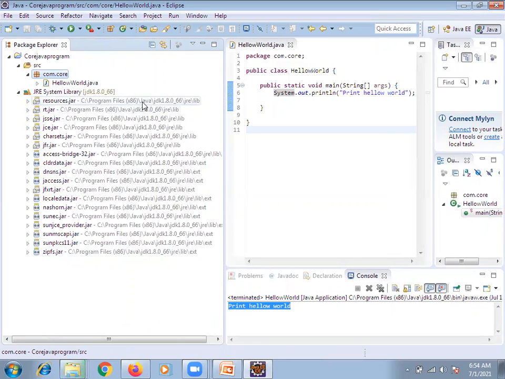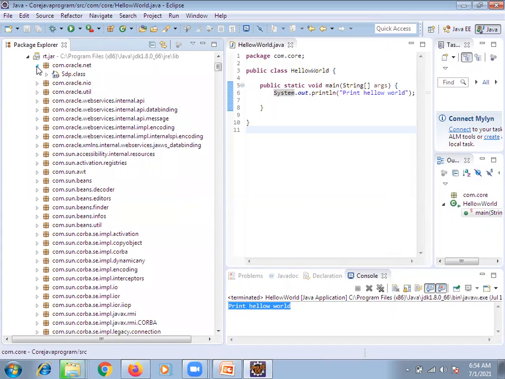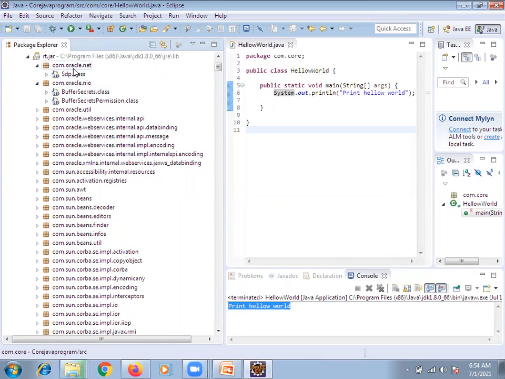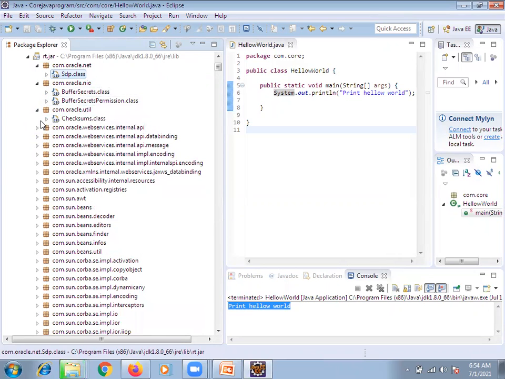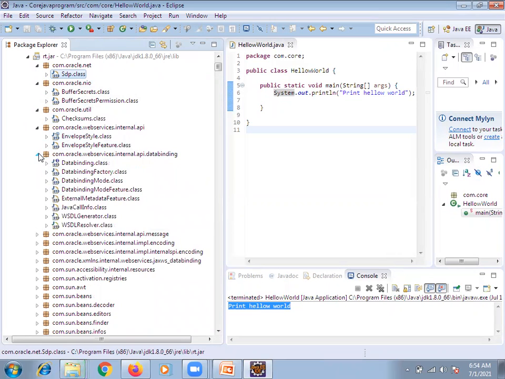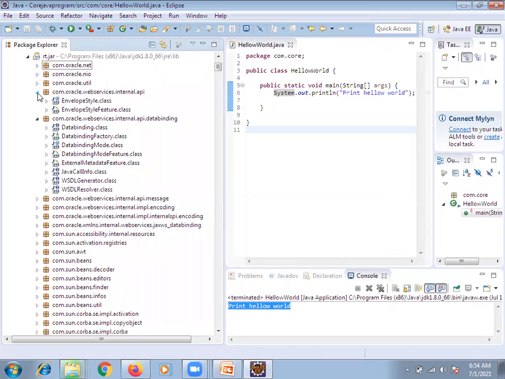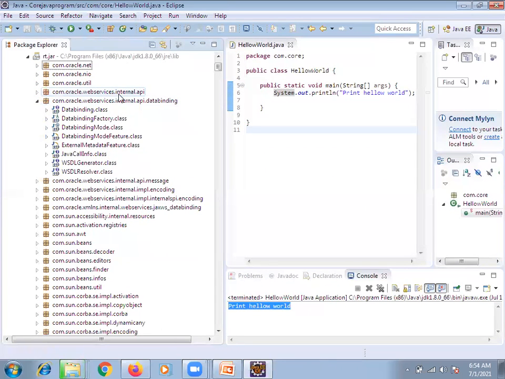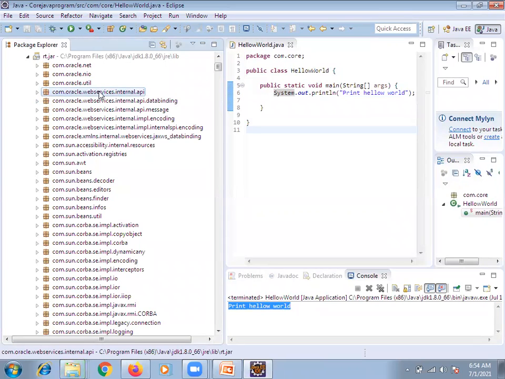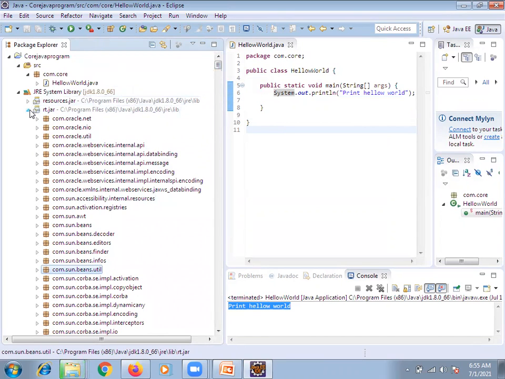You are able to see. Each jar has its own functionality. They are going to develop each based on the module, in one package. Packages mean based on the requirement, they are separating the classes. Based on the package, we can call it a module. This is util module. This is web service module. Some developers will work on web service module, some on util. So we are segregating to identify easily.